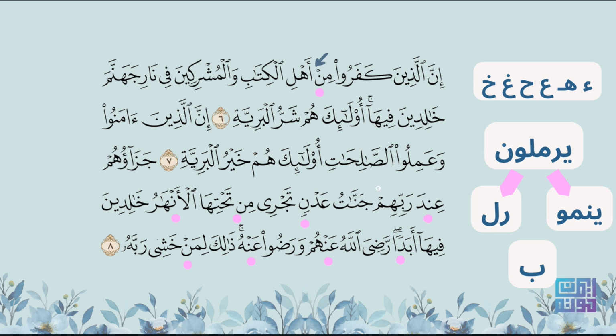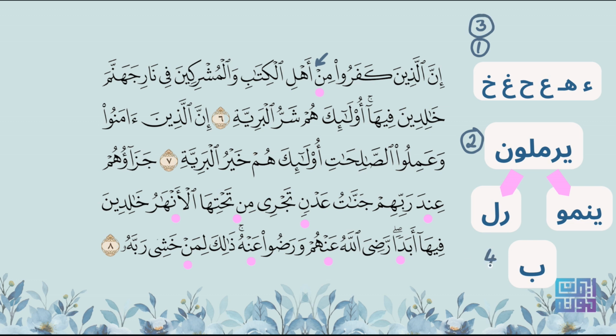Where else do we have a noon sukoon? Oh, this here we do not have a noon sukoon nor a tanween, but here we have some in the last 2 lines. The dal, it belongs to which group, which rule? The remaining. It belongs to the ikhfa. So this is number 1. This is number 2. Ikhfa is number 3.